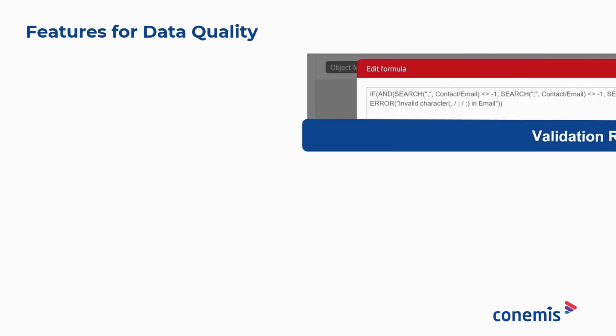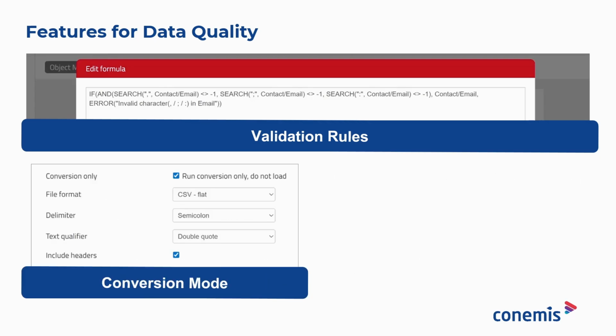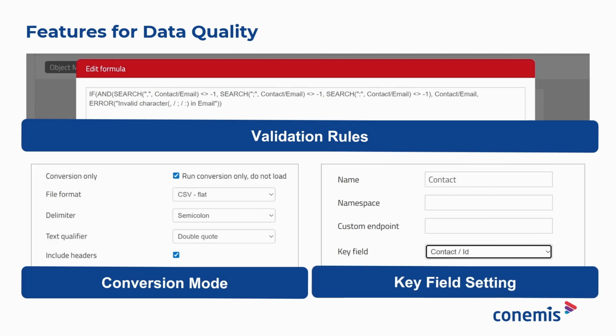The final challenge is data quality. CTC can help in many ways. It can apply validation rules on its side, preventing invalid records from ever being migrated. You can also use conversion mode to run a preview check, verifying errors without actually loading any data. For duplicate detection, the system uses fields designated by the user as unique keys to prevent records from being inserted more than once. These capabilities not only improve accuracy, but also ensure your data is ready for AI, supporting future automation and analytics initiatives.